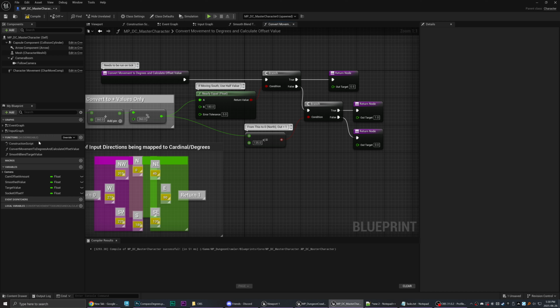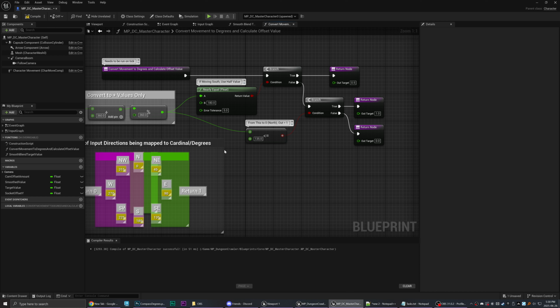Then we have to do a blend. And so normally with blending between floats, you would use something like a linear interpolate, for example. Well, a lerp node only works when you've got an alpha. So if we look at a lerp here, our alpha value will switch between these two values that we plug into A or B. The problem is your input, when you're on a keyboard, if I'm holding D, my value on the X will be 1.